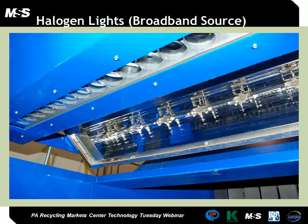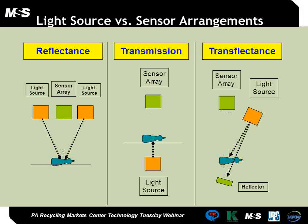And so we normally have 2 rows of halogen lights to avoid glare and to increase the intensity to look at. And you can see that here on the left, if we have different light source and sensor arrangement, just depending on the application. On the left, you can see what we call reflectance, where we measure the material of a belt. So we have 2 light sources, and the light that's reflected goes to the center where the sensor